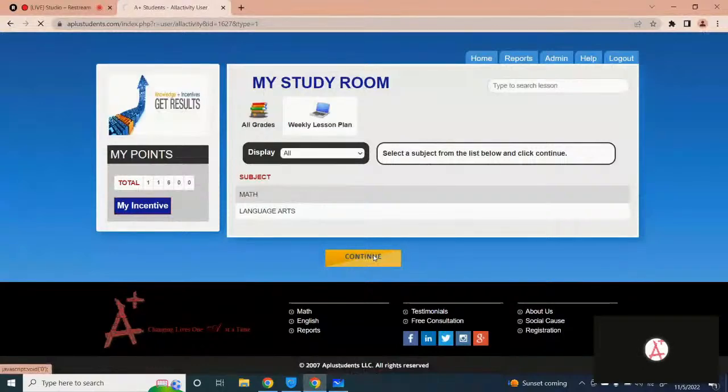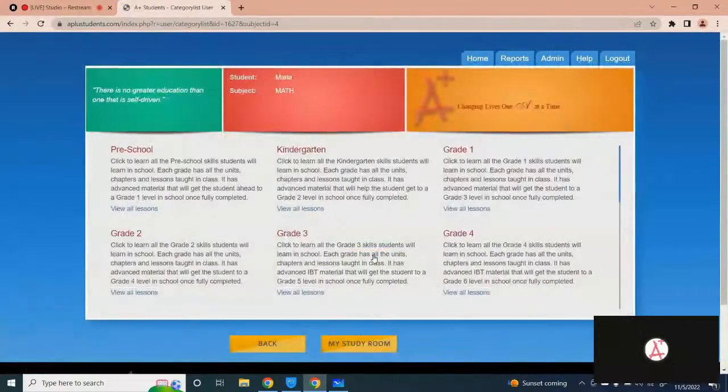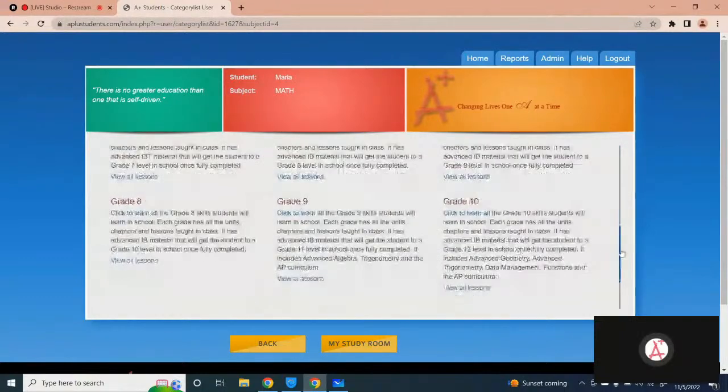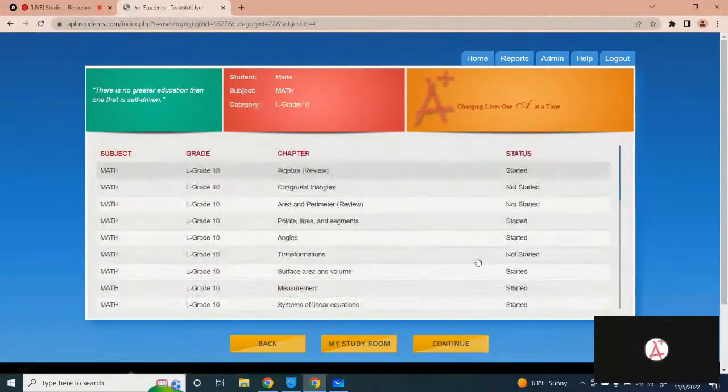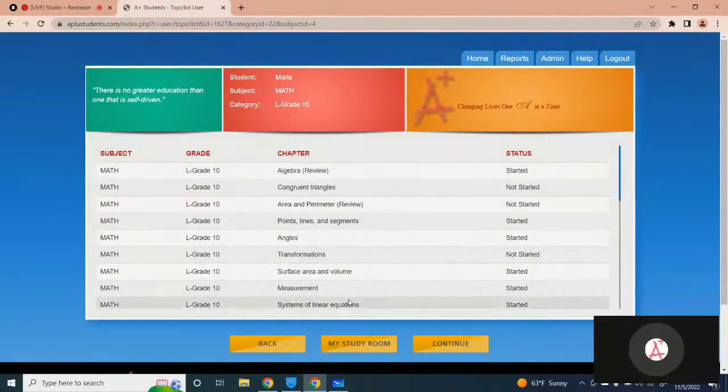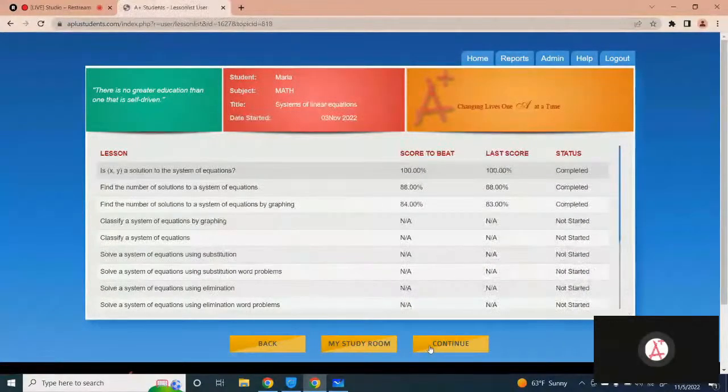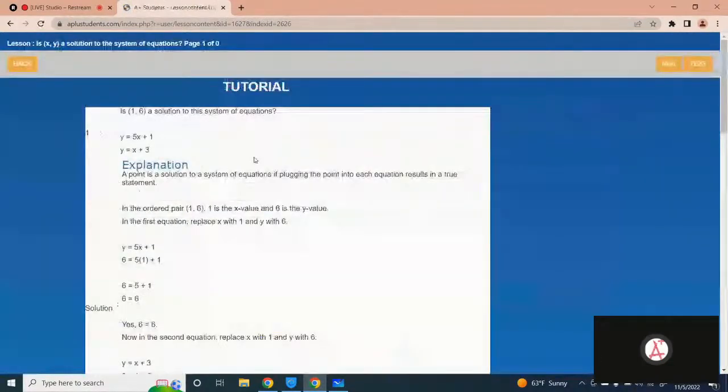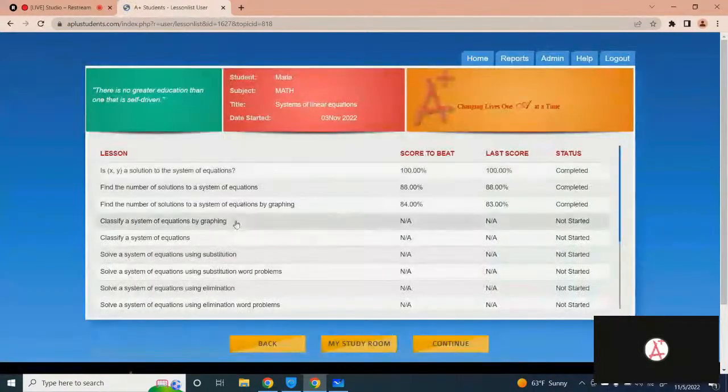Okay, math. Then scroll down to grade 10. Click on your lessons and the chapter we're working on is systems of linear equations. And the topic is classify a system of equations by graphing. Let's start with